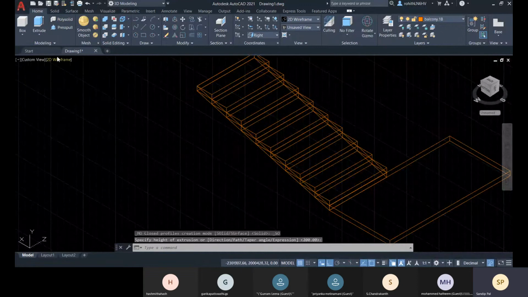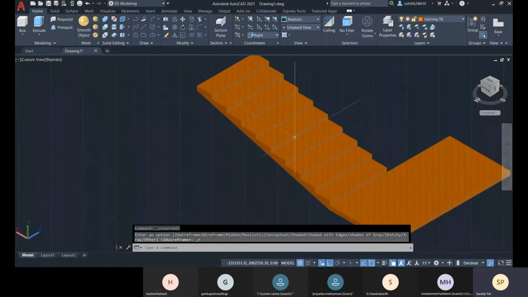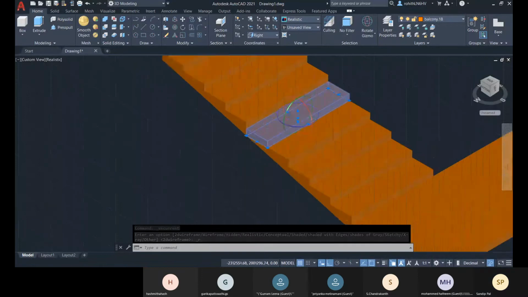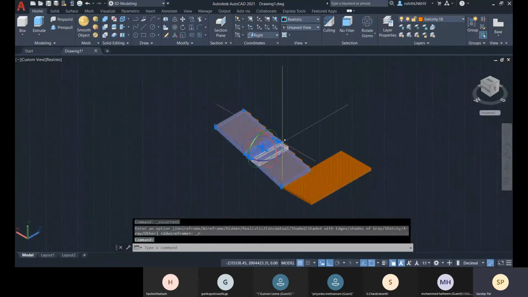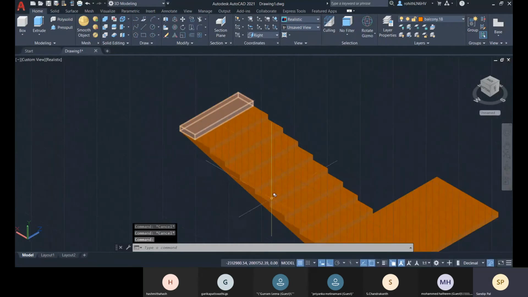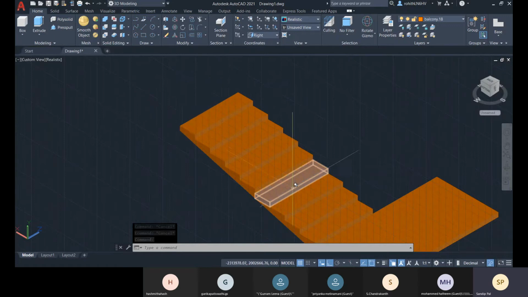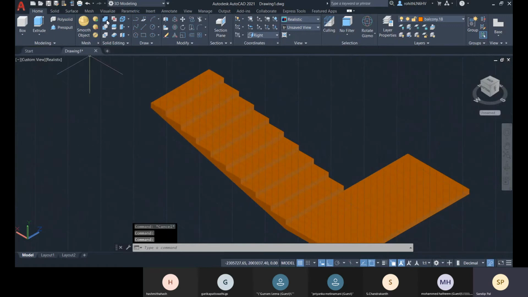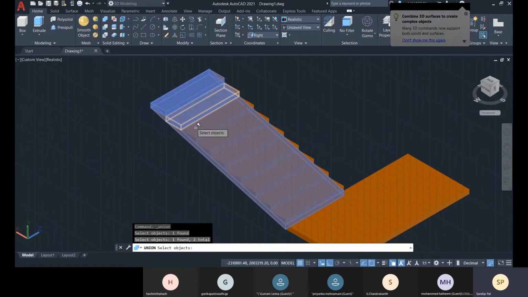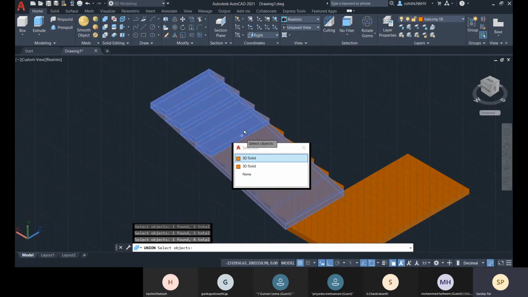And now if you go for realistic, there you can see we have these steps, and we have this slab as a different object, but in the real it will not be a different object, it will be as whole. So for that we have this union option. If I go for this slab, and then all these objects, keep on selecting.